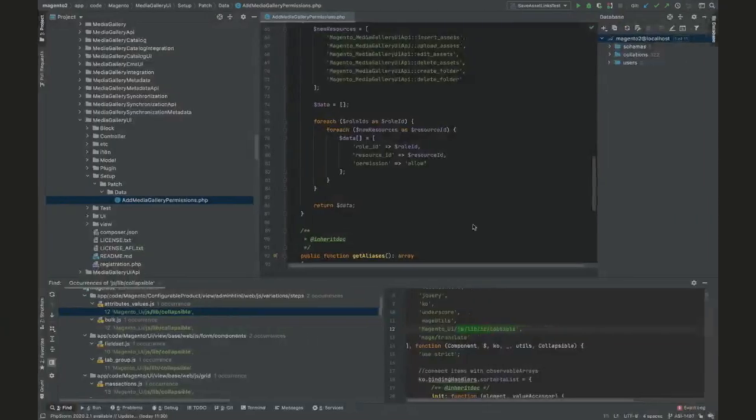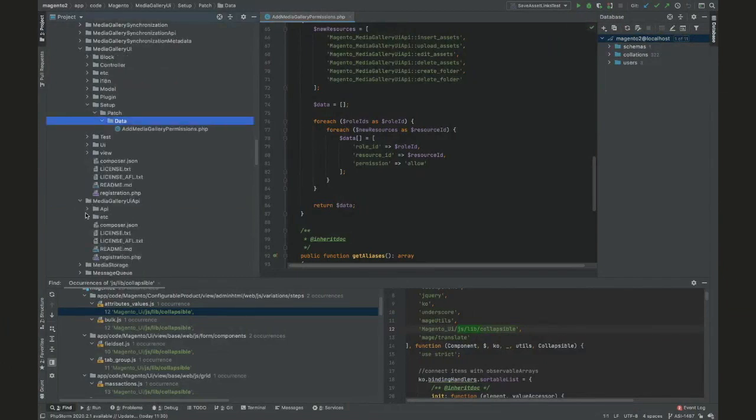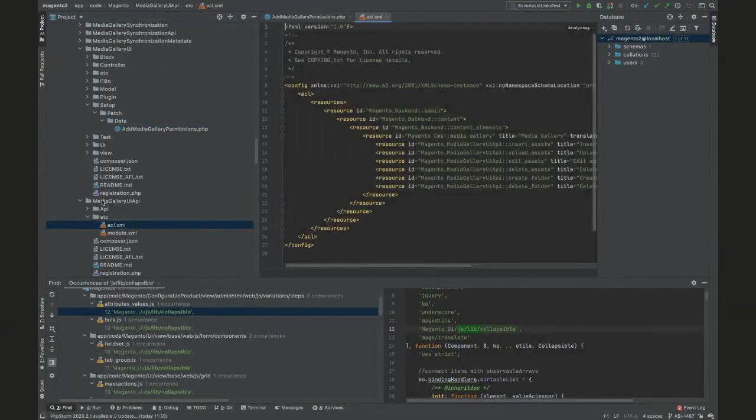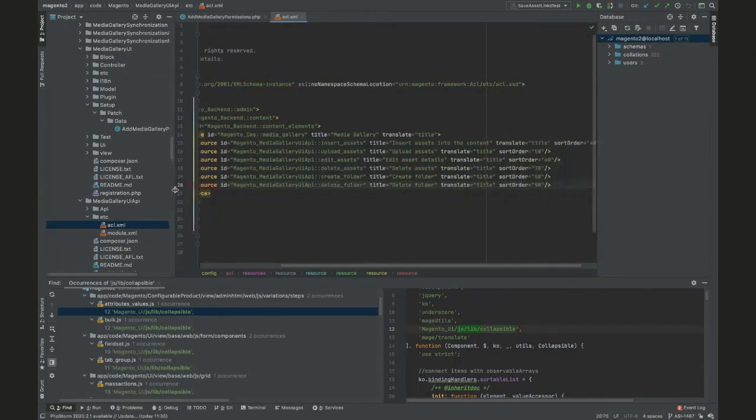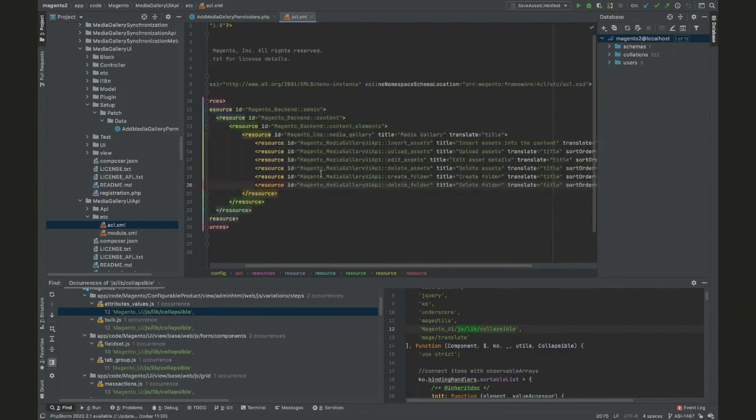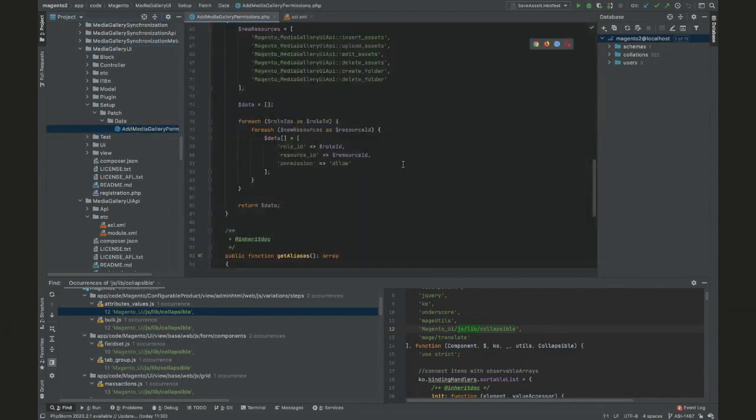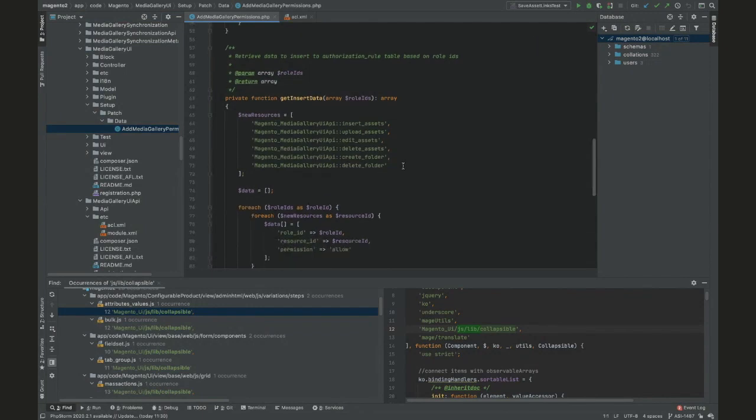I would add one more thing. The ACL is actually declared in the Media Gallery UI API module, so that you can use the API module to reference the resources themselves. They are enforced in the Media Gallery UI module, and the Media Gallery UI module also contains the upgrade script that will